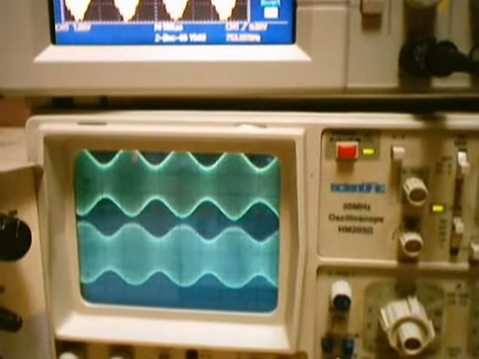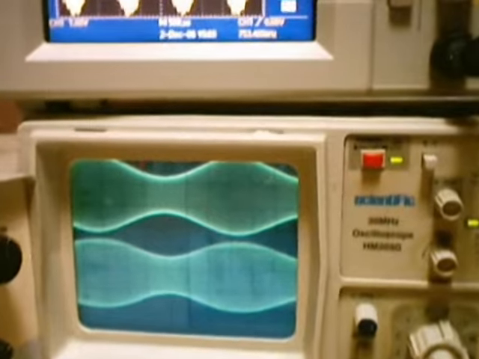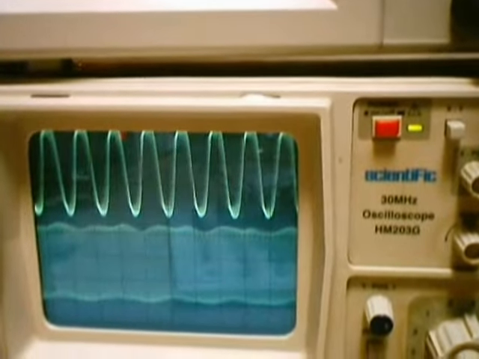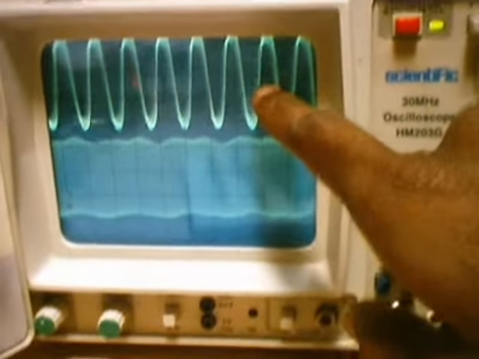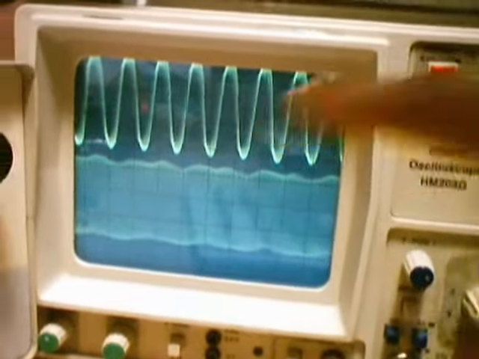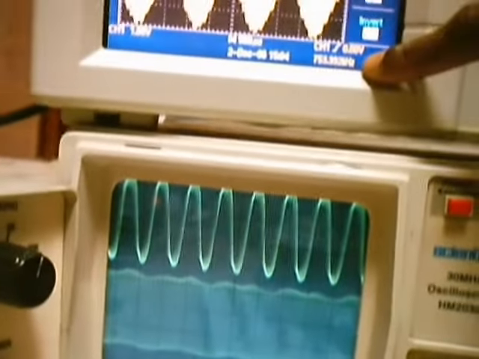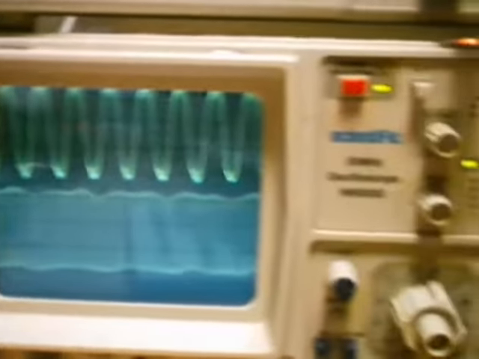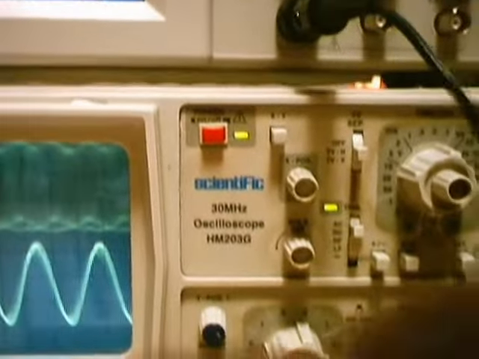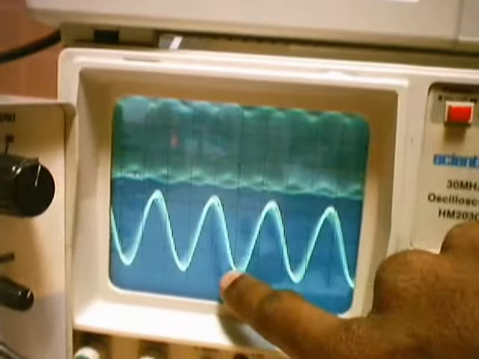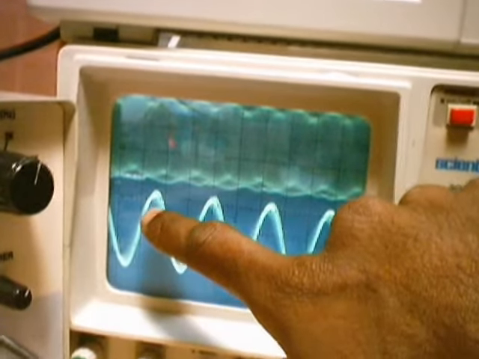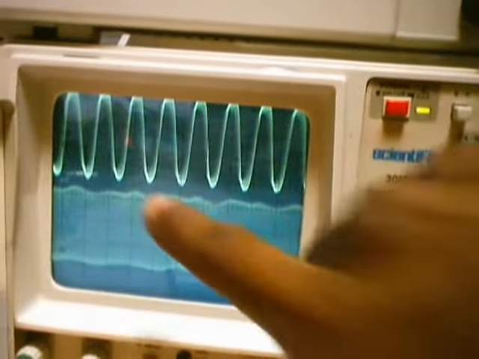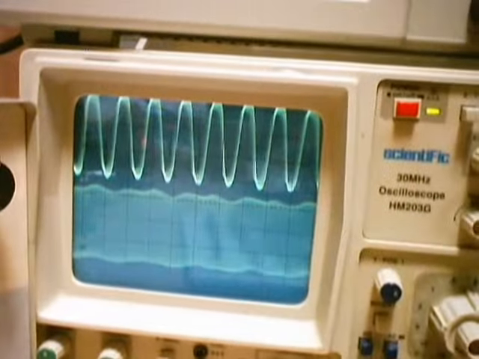The difference is that a frequency translation has occurred: the carrier frequency of your input signal is different from the carrier frequency of the output. This is the carrier frequency of the input signal, which is at 753 kilohertz. Let us see the frequency of the output. You can select channel 2 here. I'm selecting it. Now you can see this is of lesser frequency. You can see 1, 2, 3, 4 waveforms, whereas in channel 1 you are having more than 4, maybe around 7 or 8.